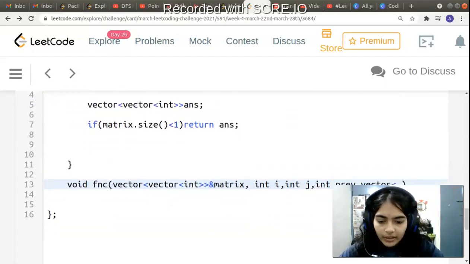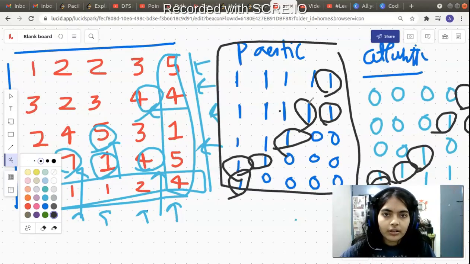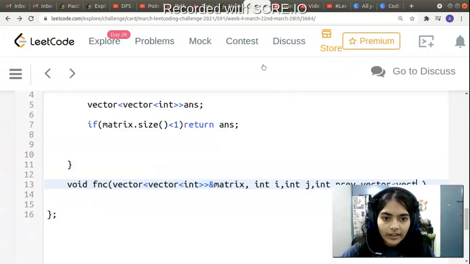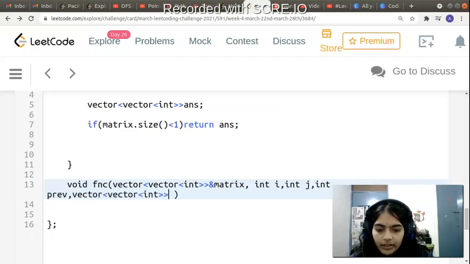So we will pass the ocean vector, just passing this particular grid. For example, when we are going over the Pacific ocean grid, we are passing the entire grid as a parameter. So vector int, and I will just call it ocean because it can change its name. For Pacific and Atlantic, we'll pass different grids.